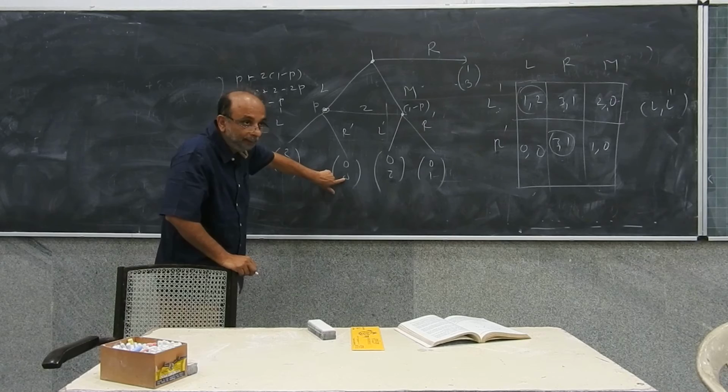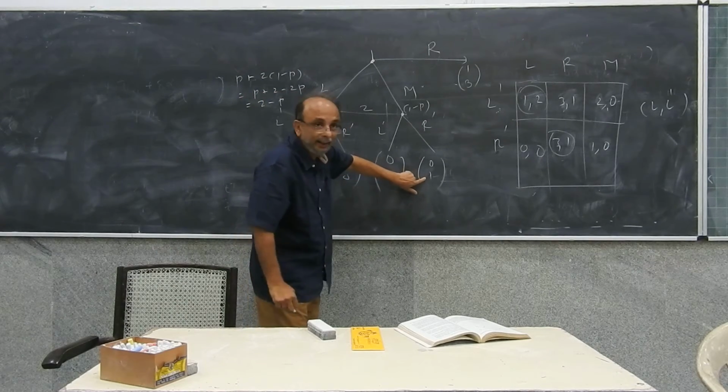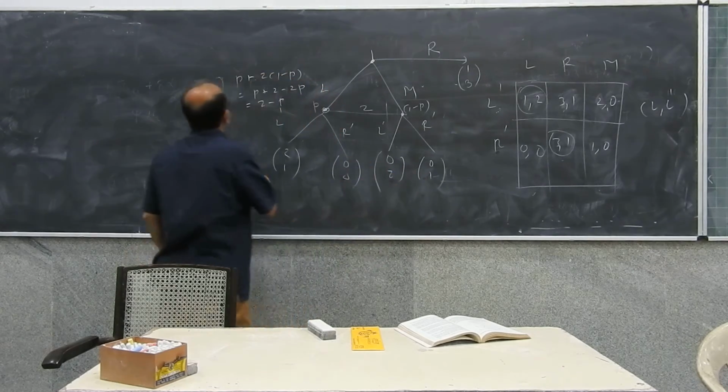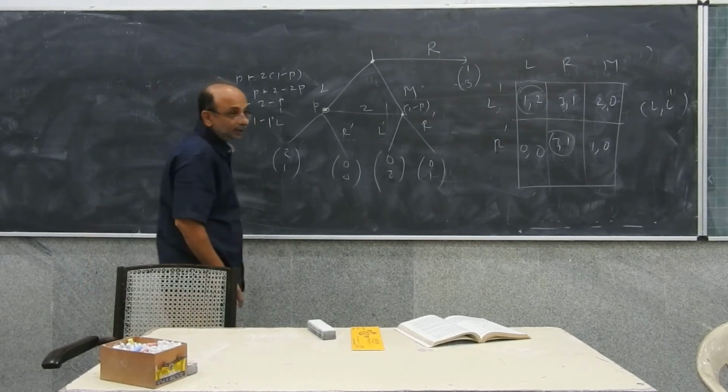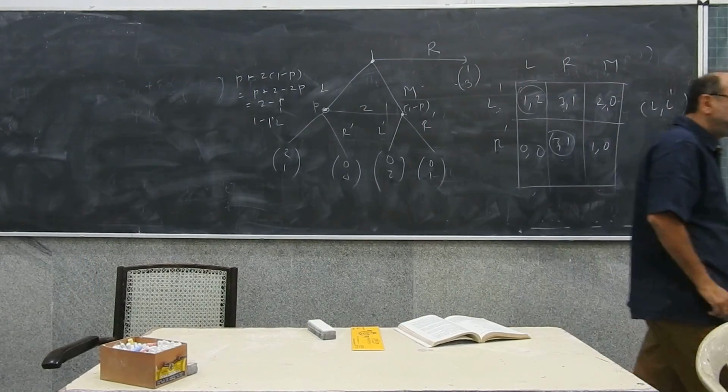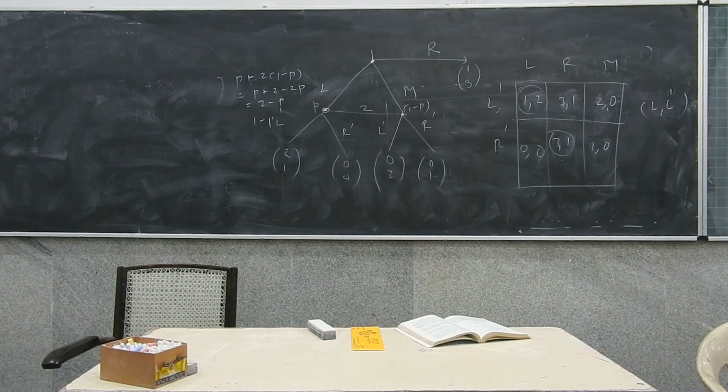0 with probability P, and 1 with probability 1 minus P. So now 2 minus P is necessarily greater than 1 minus P for any value of P. So for whatever beliefs that player 2 might have, it makes sense for player 2 to play L dash when it is player 2's turn to move. And therefore, player 1, if player 2 is always going to move L dash when it is his turn to move,